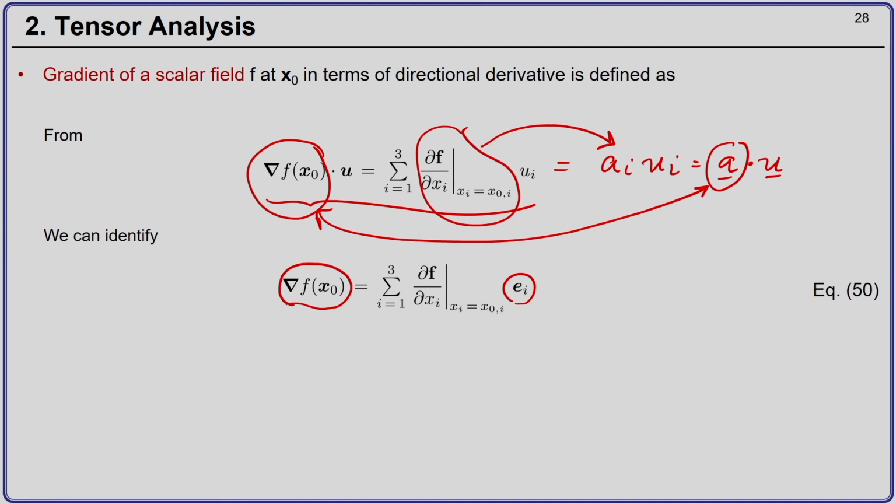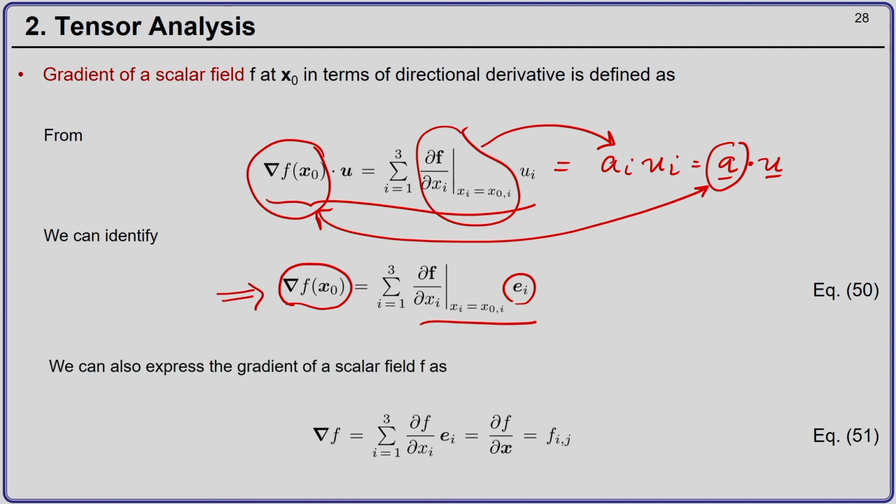This vector A is nothing but del f by del x i evaluated at x 0. So, the gradient of f evaluated at point x 0 is nothing but del f by del x i e i, or for a generic point x, this can be expressed as gradient of f is nothing but del f by del x i e i, or in direct notation I can write del f by del vector x. More conveniently, in indicial notation I can write this as f i comma j, and this is called the